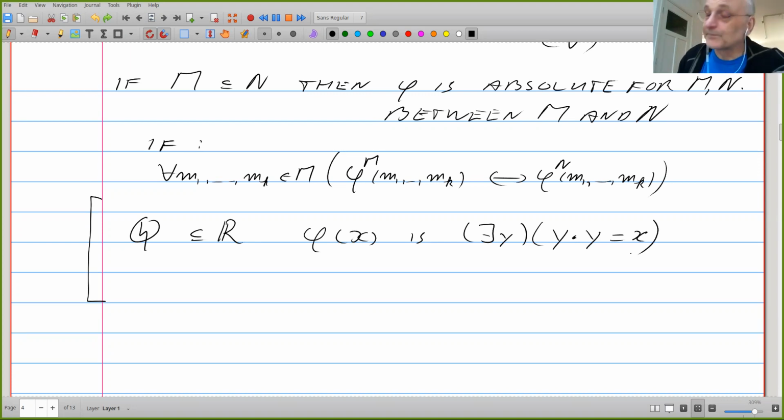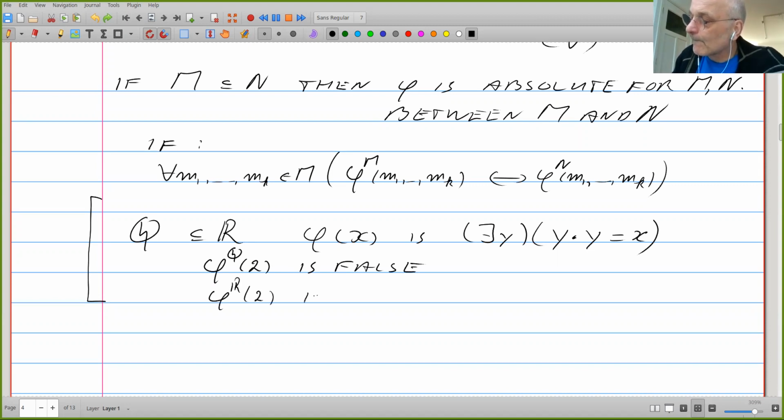Well, x is a square. And so if I relativize this formula to the rationals, then when I stick in 2, which is a member of Q, I get something which is false. If I relativize to R and I stick in 2 in the position of x, then I get something that is true. So this formula is not absolute